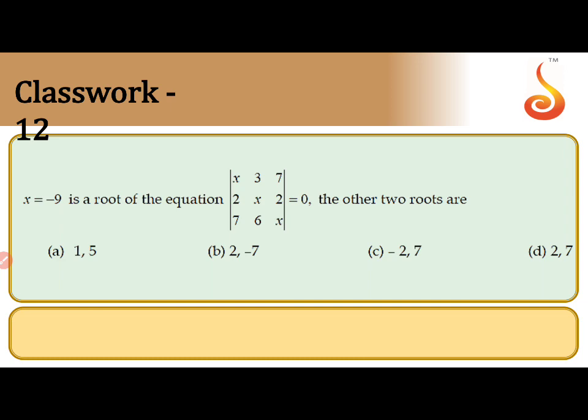If you add the rows, R1 as R1 plus R2 plus R3, what do you get here? X plus 9, x plus 9, x plus 9, you'll get in the first row. So that means the first row becomes x plus 9. So all the positions are x plus 9, x plus 9, x plus 9. So that's the first logic. I will teach the question in the next page.